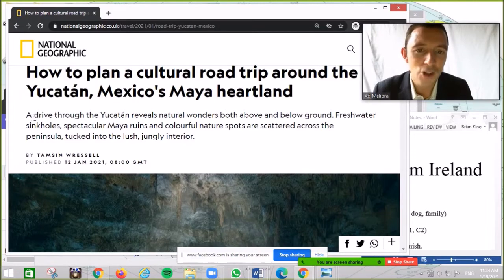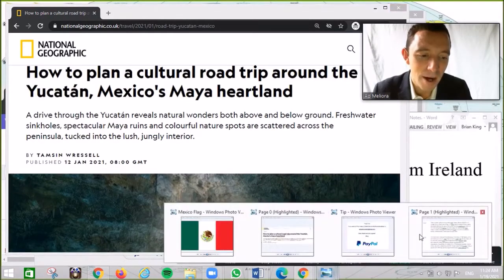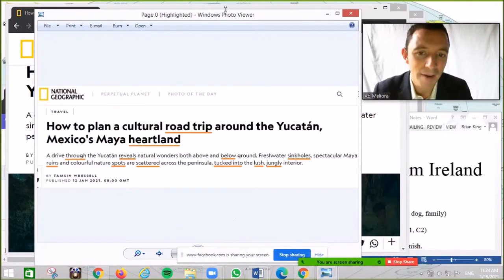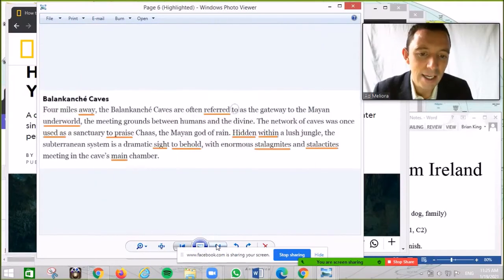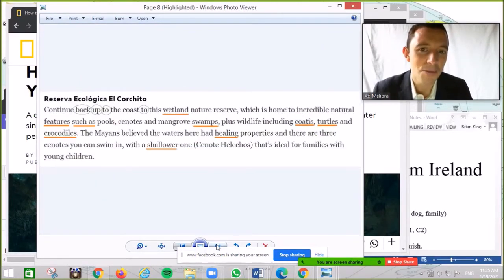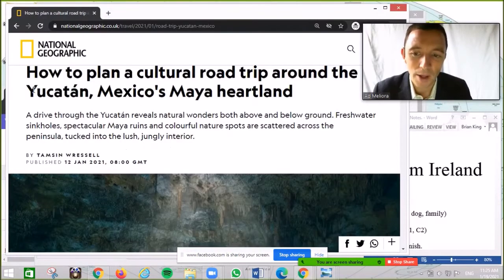Okay, so first my method is to read the paragraph, to read the text, and after each paragraph I will go to my notes and I will explain my notes. So here are my notes. Okay, so I have all the important vocabulary underlined in the text, and I want to explain as much as possible the grammar points and the vocabulary from my notes, okay? But first, I will read the text in the original form to practice the pronunciation, and then we can analyze the vocabulary, okay? So a drive through